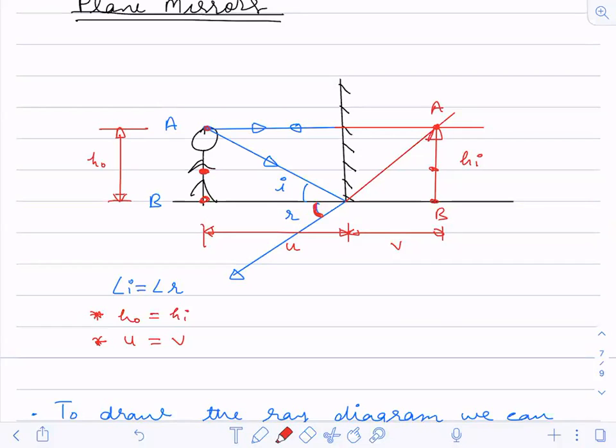So there are 3 points you should remember for the board. Draw the diagram with a sharp pencil. No rough diagrams should be drawn. And the third thing is that on every incident and reflected ray there must be an arrow. Without the direction, the examiner may reduce your marks.